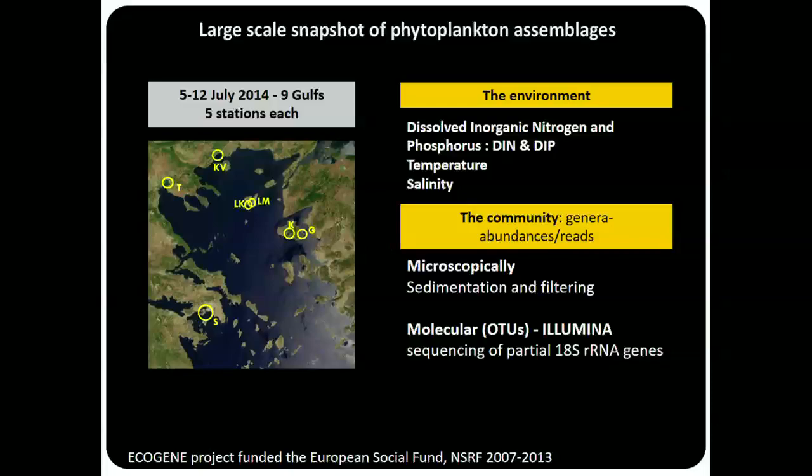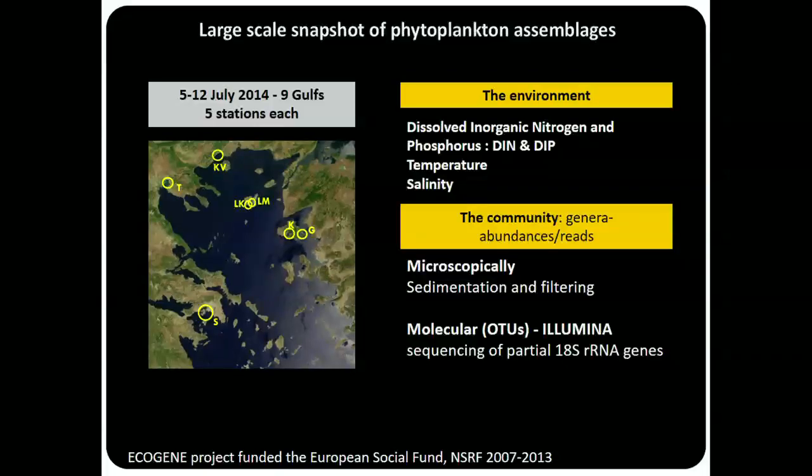So we had 105 samples, so observations, and these gulfs were quite different between them because they represented a eutrophication gradient, and we actually have a lot of information on the physical environment, so the dissolved inorganic nitrogen and phosphorus, temperature and salinity that we all know affect phytoplankton growth, and also the diversity and composition of species. And most interestingly, the community was expressed both microscopically and